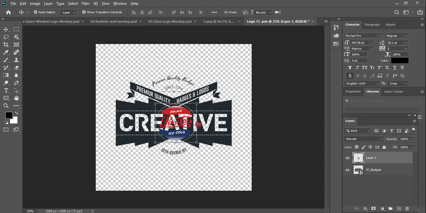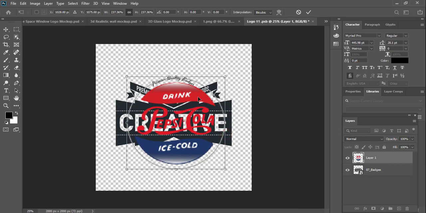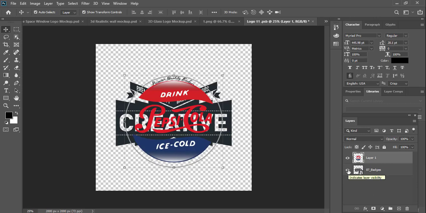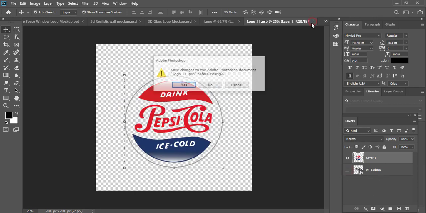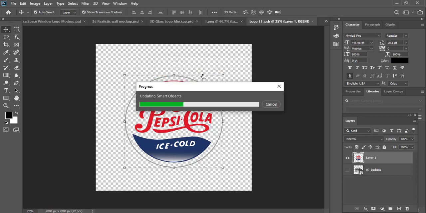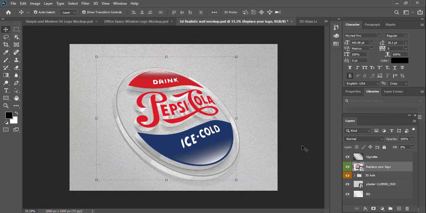Just by pressing the Alt key, I'm dragging it and making the size bigger from the center like this, and you can place it like this, mark it again, unmark the original logo background and close the tab. Yes, and let's see how it looks with the second kind of mockup. This is really cool.